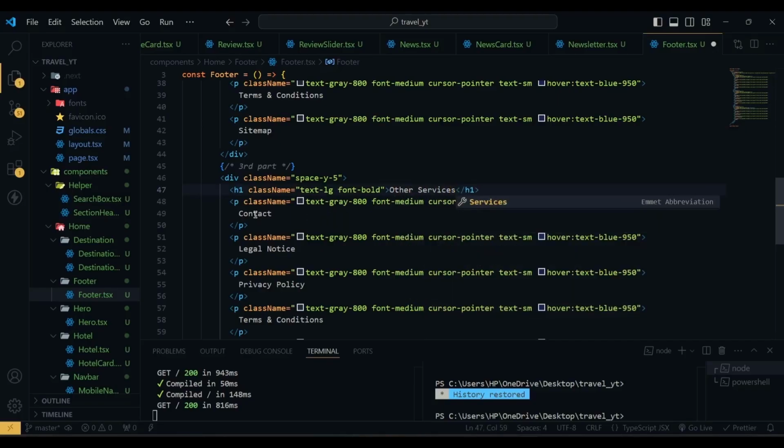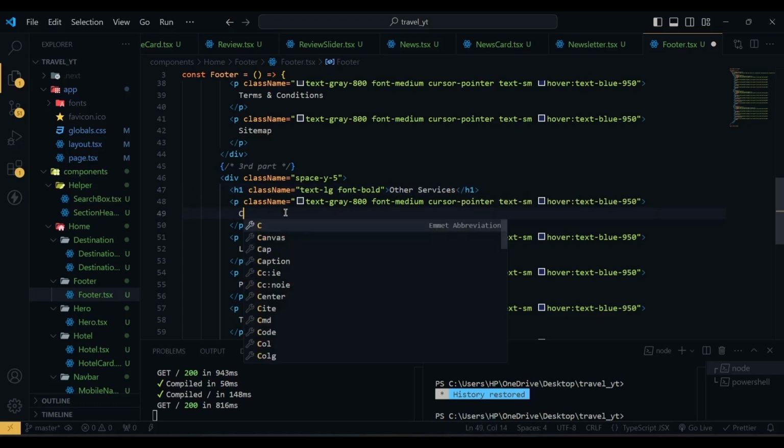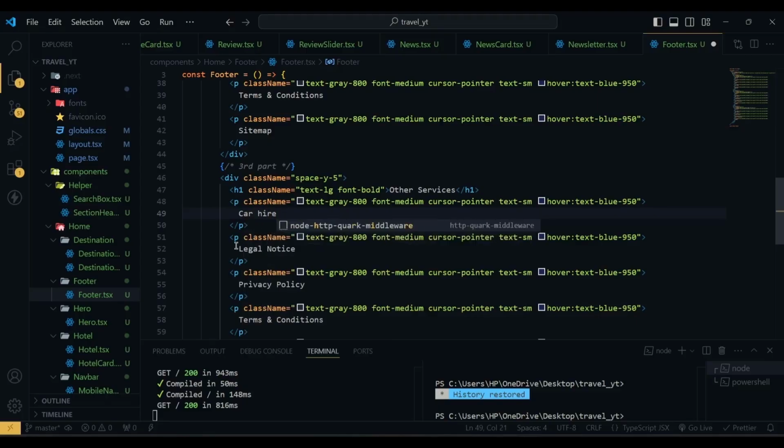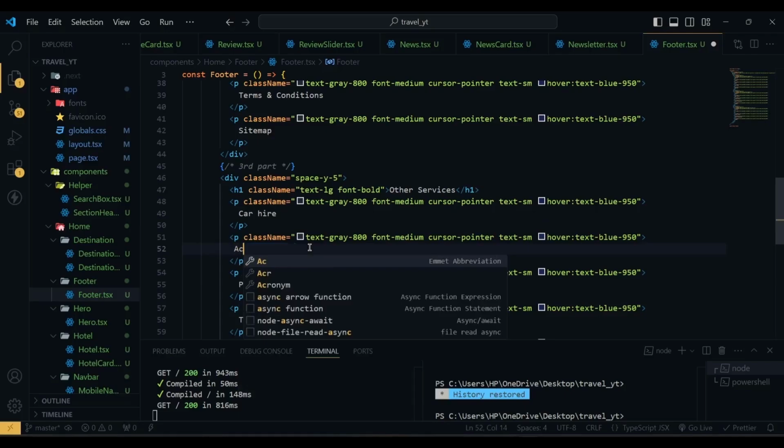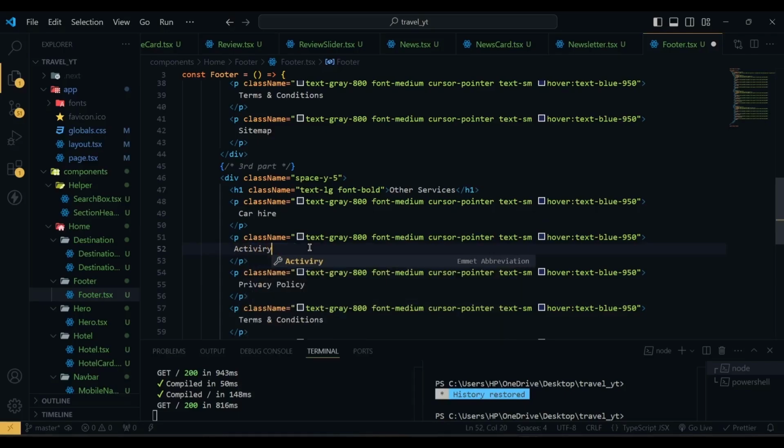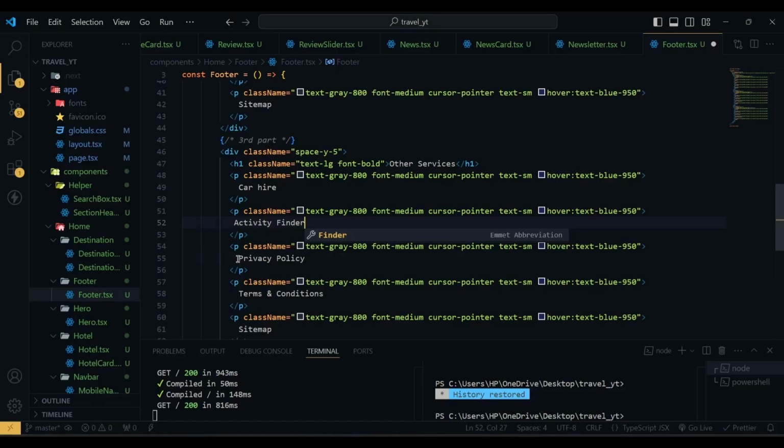This one will be car hire, this one will be activity, so activity finder, then we have tour list,